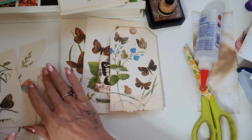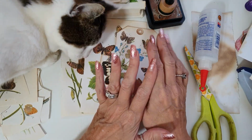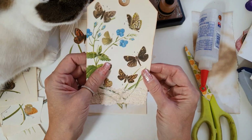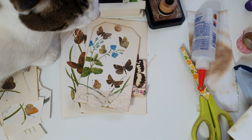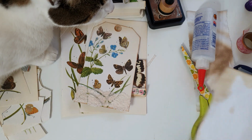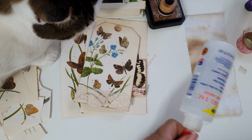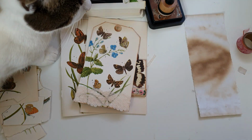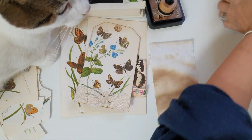But yes, just a few ideas with one book. I will just leave it at one book, and I will probably have to do a video on each book that I pick off my shelf, because there's so many ideas, so many things that you can do. I mean, this obviously needs sewing around now, so let me just quickly move that to one side. Right, let me just grab my